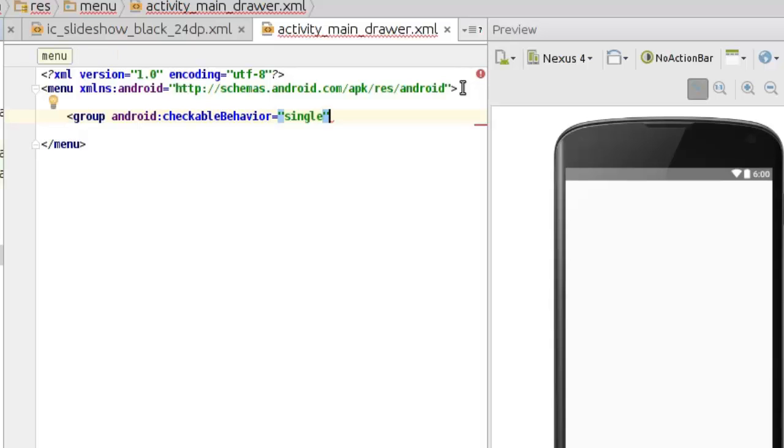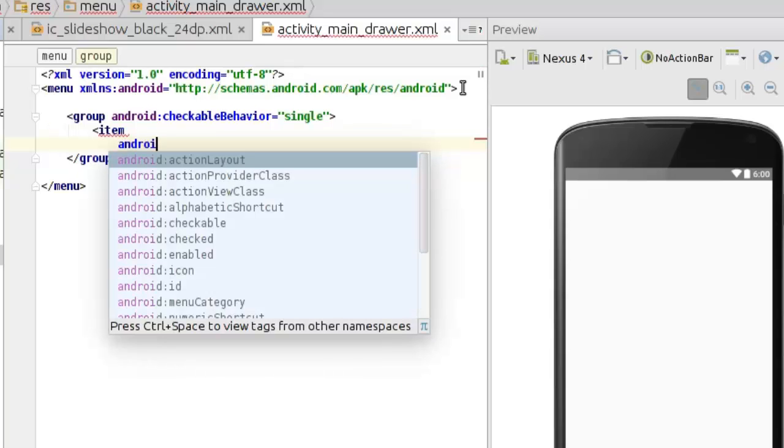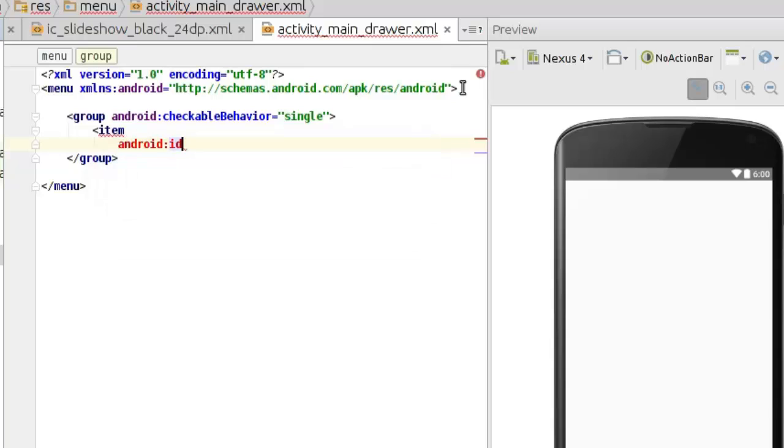It's fine. Now we have the first item. We're going to assign an ID. Android ID, which will be equals to gallery. That's fine. So let's not forget, before I continue from here, I would like to import some modules right